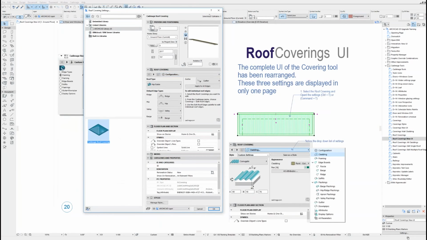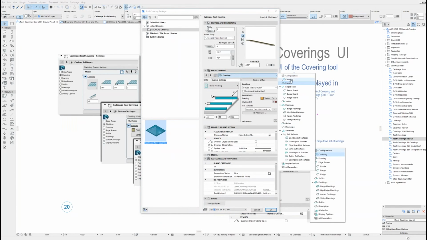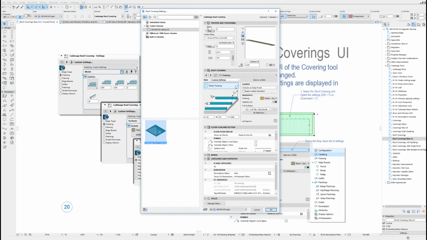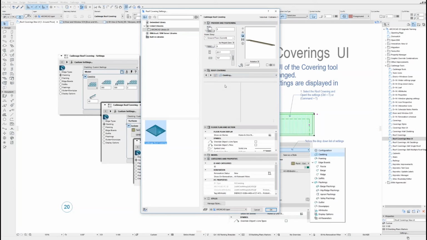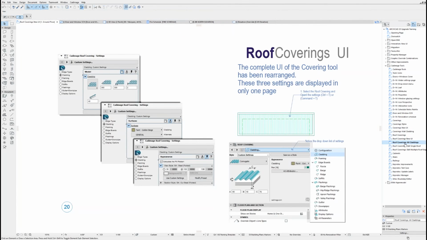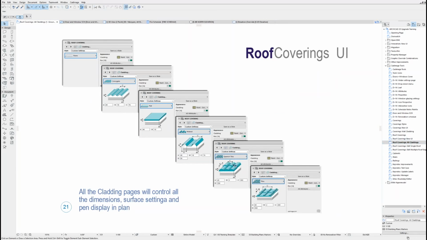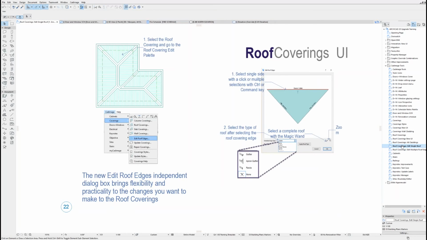We have this icon in here where you can just go to the drop-down list. You can change the framing. You can save as a style. You can change the fascia board, the gutters, all of those options. Much bigger icons, and you can change this to flat, to a ribbed, to shingles, or to tiles. Okay, so that's a new user interface. This is just a screenshot showing all those 6 different options I've shown you just before, but there's a very specific change that I really wanted to show you in this training,